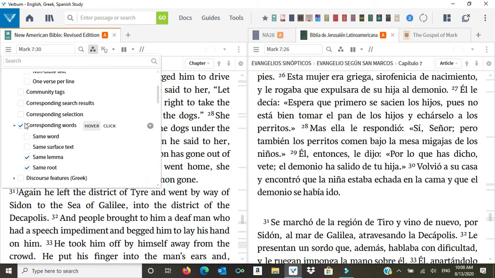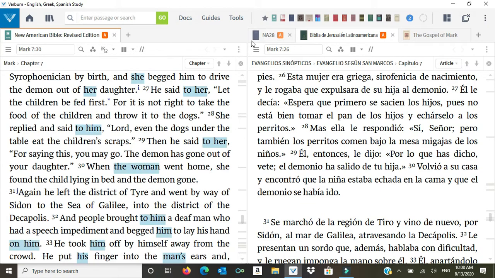If you check corresponding words, make sure that hover is highlighted, and then I like to check same lemma, that is the same dictionary form of an original language word, a Greek or a Hebrew word, as well as same root. So if I check both of those and then click out of the Visual Filters menu,